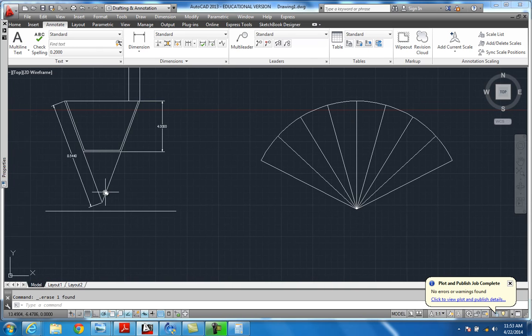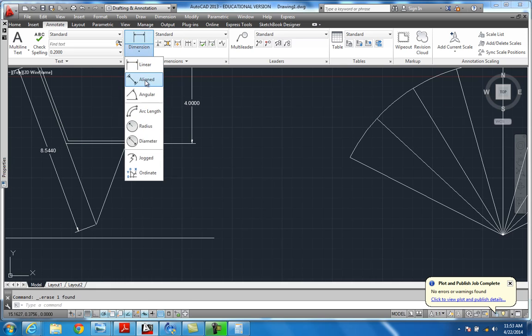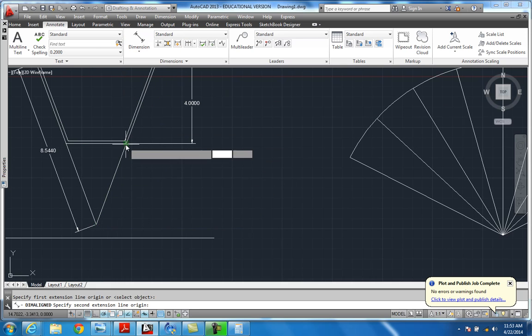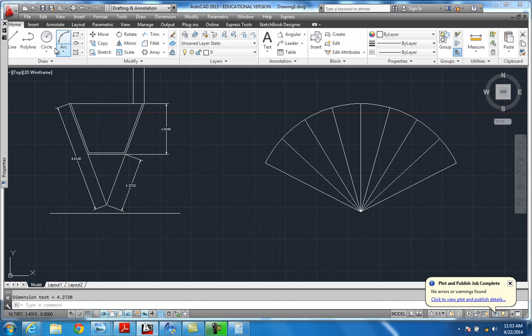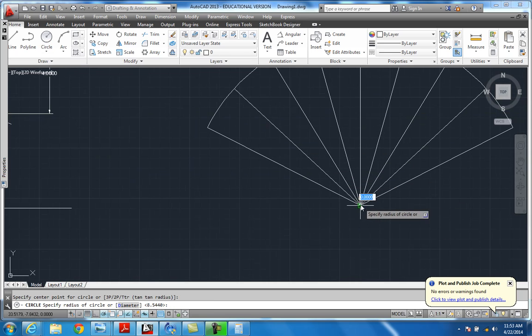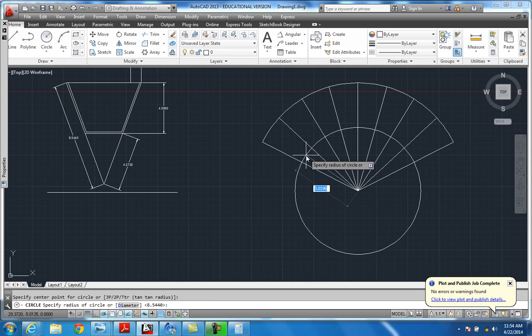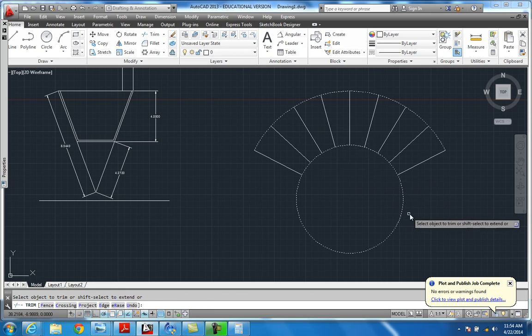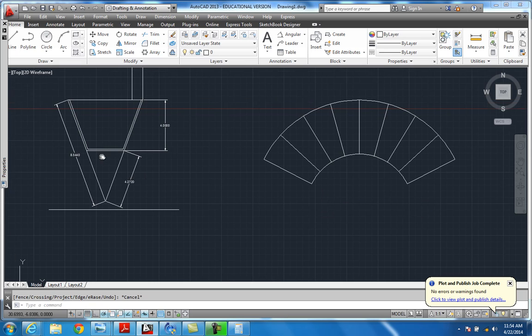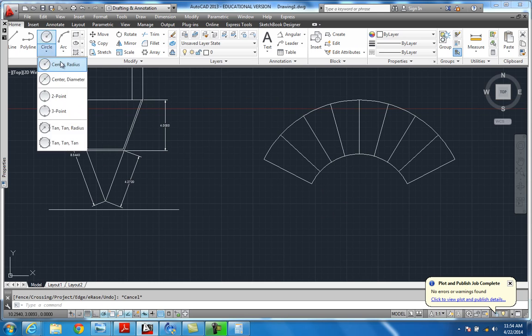Now, the next phase you got to do is take an aligned dimension from the vertex up to this point. You're getting 4.272. Again, grab this and just type it in, 4.272, enter. And basically this is how this is going to turn out. Just do a trim, clean all that up, and then this has got a bottom to it, so hit your center